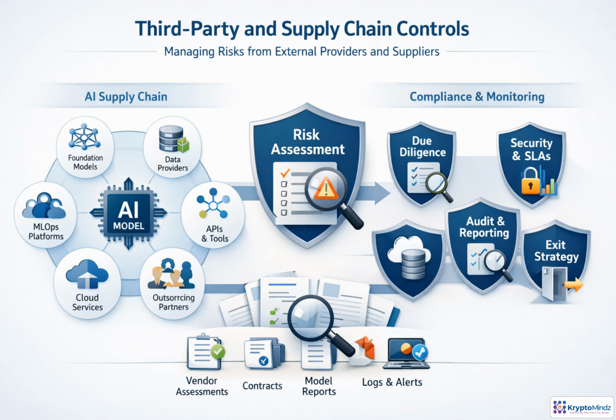Modern AI systems rarely stand alone. They rely on model providers, data vendors, APIs, cloud services, and outsourced teams. So control has to extend beyond your own environment. Begin with due diligence, then make obligations explicit in contracts, security requirements, service levels, change notices, and incident reporting. Keep evidence current through assessments, model documentation, reports, and monitoring metrics. Just as importantly, document shared responsibility boundaries and define an exit path before a supplier becomes critical.